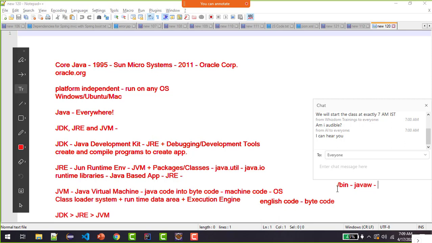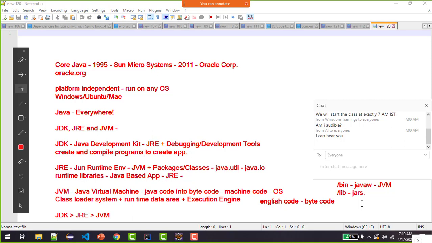What basically is the Java virtual machine is javaw, which is there in your bin folder. There are other binaries also. Then you have got lib, libraries, with a large number of supporting files: jar files, configuration files, properties files, fonts, sounds, icons, many things as part of libraries, as part of JRE which comes with JDK also.